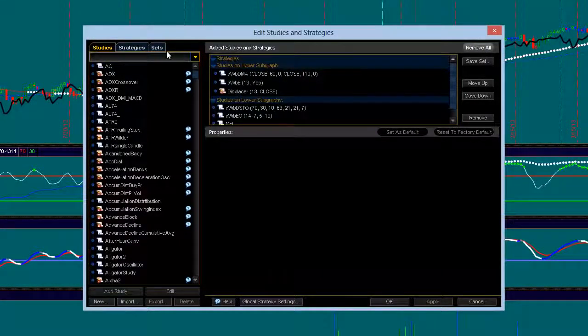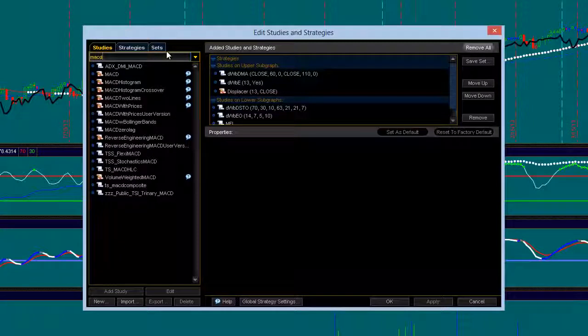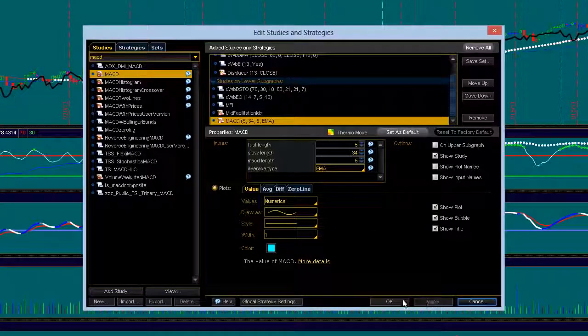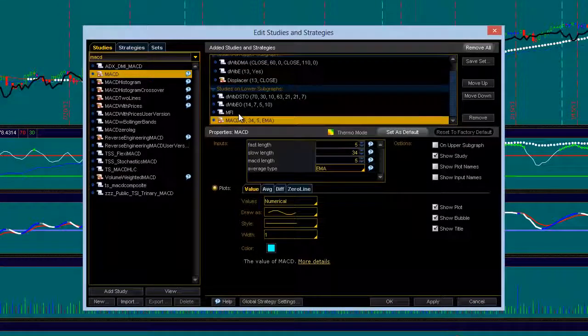We just call it the acronym MACD, but his is a little different because he uses a 5 for the fast, 34 for the slow, and 5 for the signal. Okay, and that's the other part of his indicator. We get rid of their instrument,